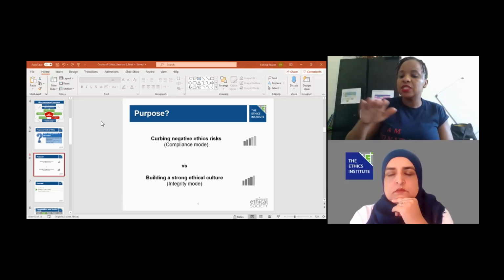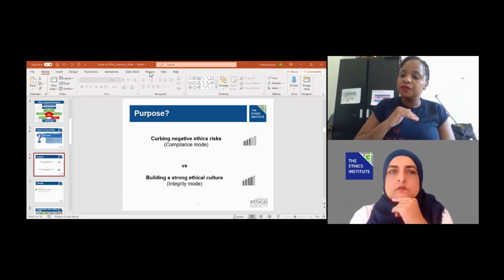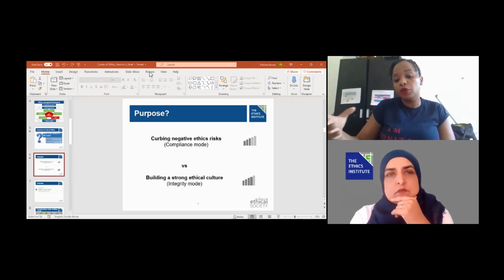So this has to be a transitional process. It's important to have a purpose at the beginning, because then you can design your time frame and your road plan in terms of the change of your company and of your code as you go along.